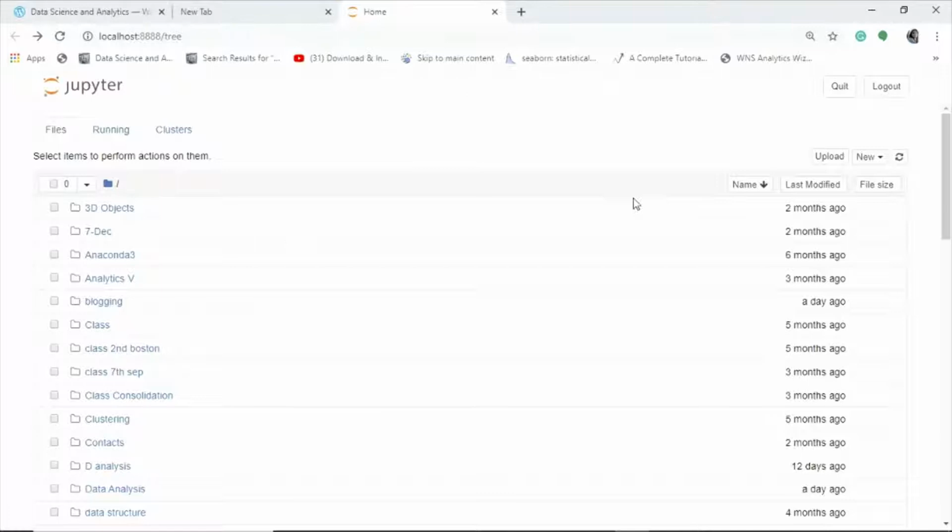Today we'll be discussing some basic print commands and getting started with Python. So this is what your Jupyter workspace looks like, and this is the home page which opens in your local